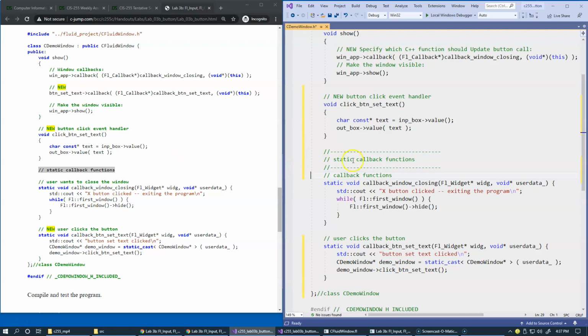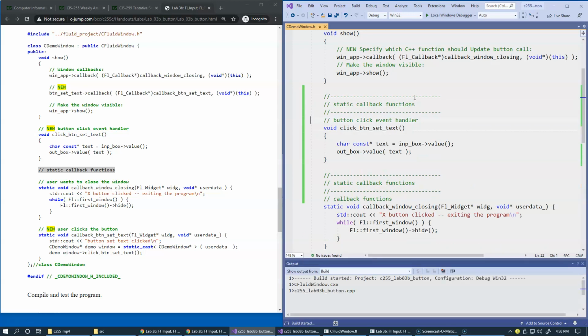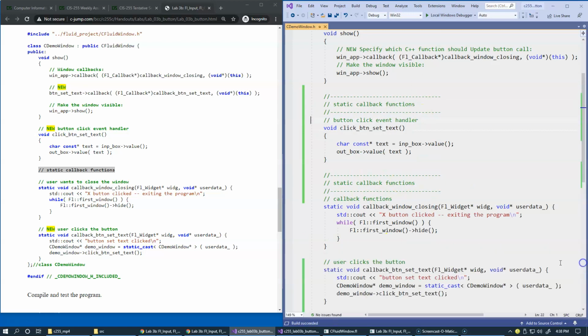And here I would also add a comment. So here we can name these functions